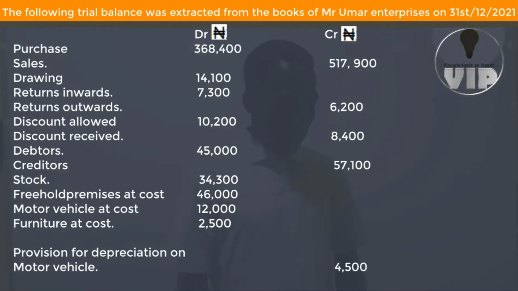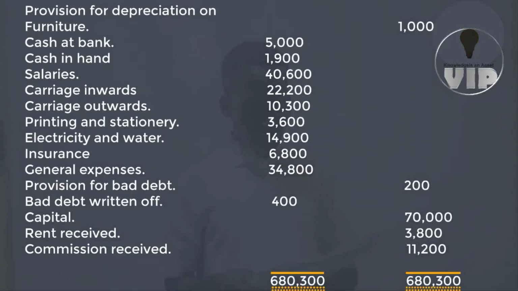Purchases 368,400, sales 517,900, drawings 14,100, return inward 7,300, return outward 6,200, discount allowed 10,200, discount received 8,400, debtors 45,000, creditors 57,100, stock 34,300, freehold premises at cost 46,000, motor vehicle at cost 12,000, furniture at cost 2,500, provision for depreciation on motor vehicle 4,500, provision for depreciation on furniture 1,000, cash at bank